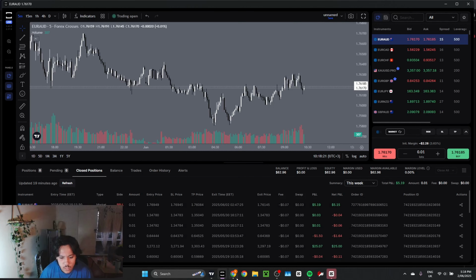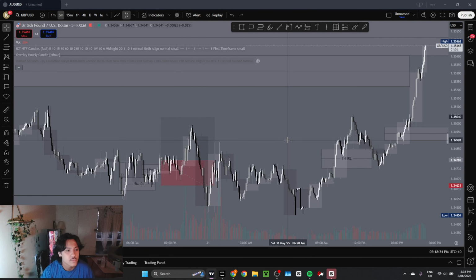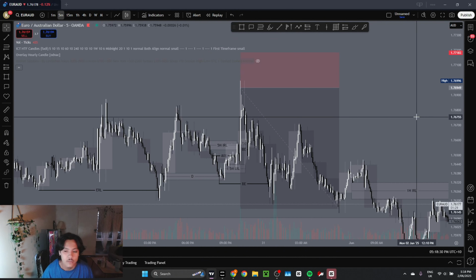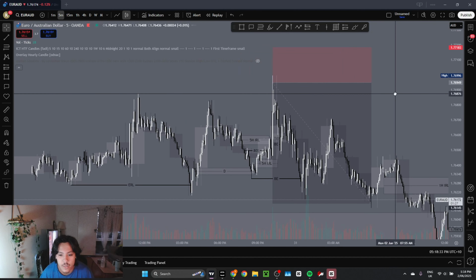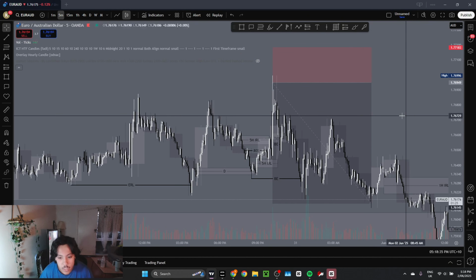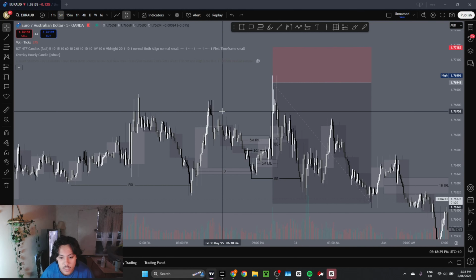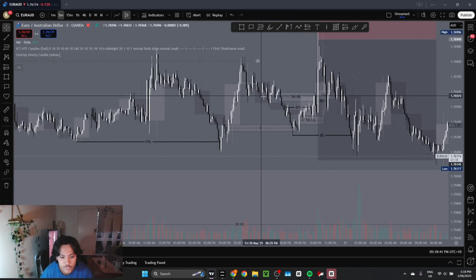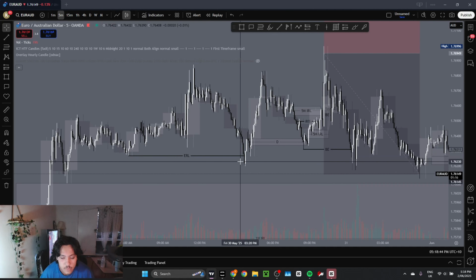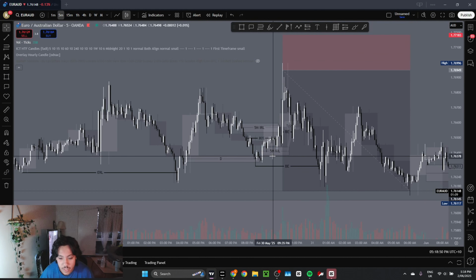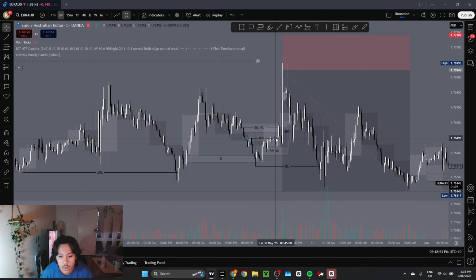Alright, next was a Euro AUD trade. So this wasn't according to plan. I didn't follow my plan here, but I was just staring at this chart, waiting for this setup to take place. ER here reacted really well. Small demand here. Mitigated that 5 minute RL, and then I was going to,